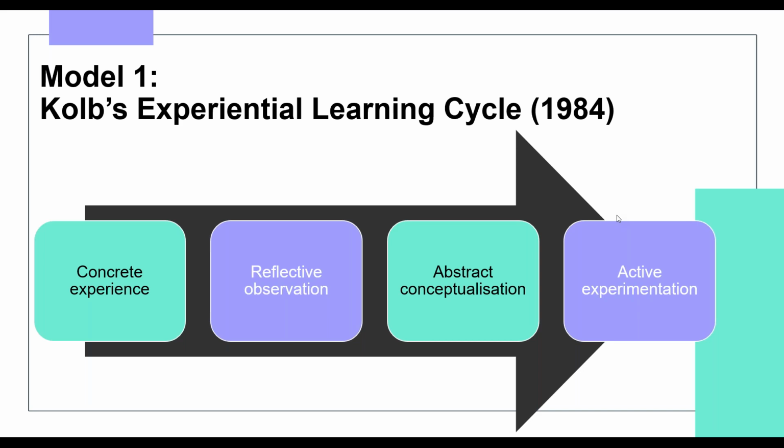Okay, so now let's look at some models of reflection, starting with Kolb's experiential learning cycle. The first stage of this model is having the concrete experience. This could be planned or unplanned. And in the digital context for DBS, this could be something like analysing data sets or blending data from multiple sources. For DSS, it could be planning, designing, installing, creating or configuring a small network.